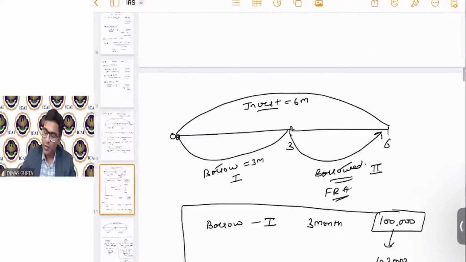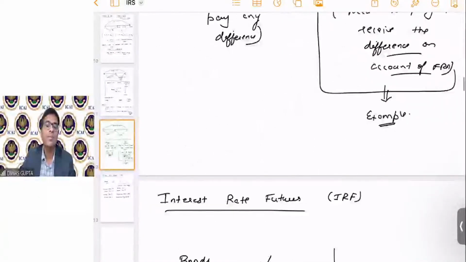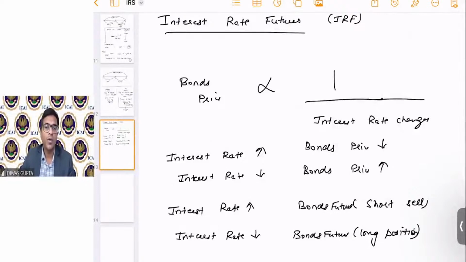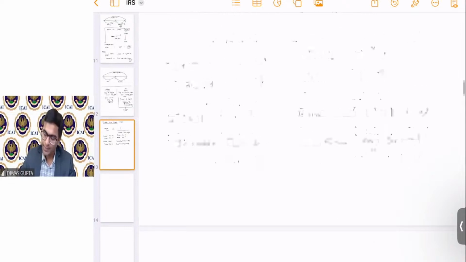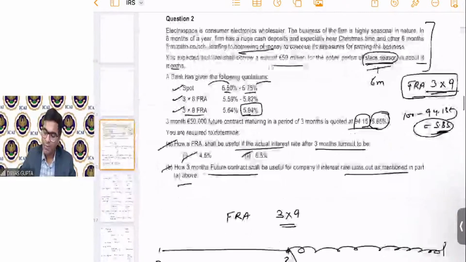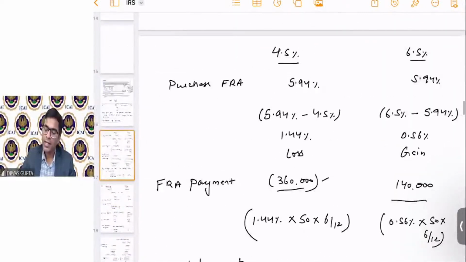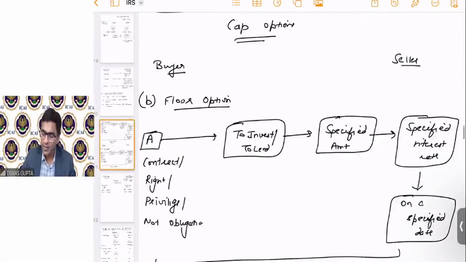Okay. Then we have also discussed about the interest rate futures, where we said that we will use the bond prices and the bond futures for managing the risk of interest rate through interest rate futures. And we said that we will use this inverse relationship, and hence we have to be careful. If we are hedging against the interest rate going up, we have to short sell the bond futures. Okay, there was a question also that we did. Then interest rate guarantee is as good as the options, right? In derivatives that we studied about options, interest rate guarantee or interest rate options are very much similar to the cap option and floor option that we discussed.